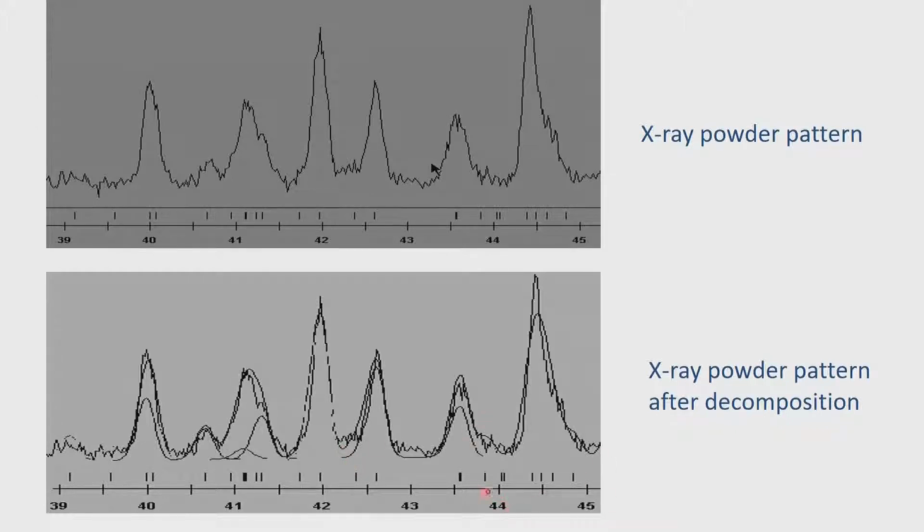So when there is a severe overlap, there are a large number of peaks. For example, in this region, there is a peak 1, another peak 2, another peak 3, another peak 4. All these 4 peaks together give rise to this profile which you have in your recorded pattern. The recorded pattern looks so funny because it is made up of 4 reflections. Once we identify those 4 reflections, we can attach individual intensities to them and adjust the intensities in such a way that we mimic